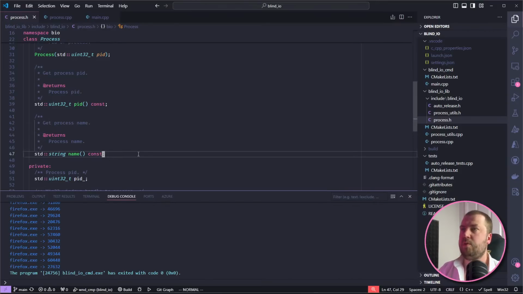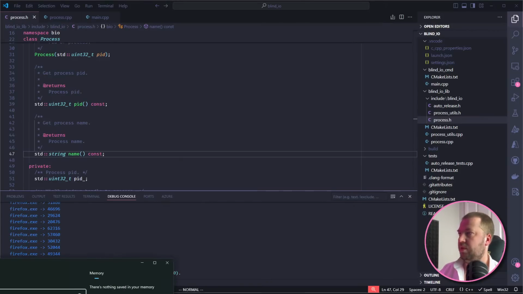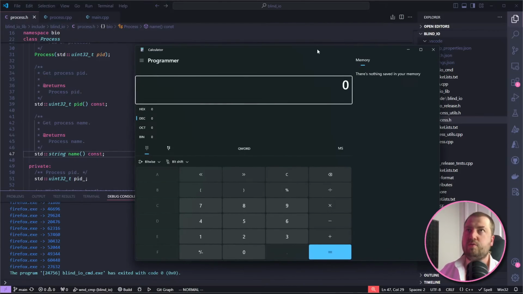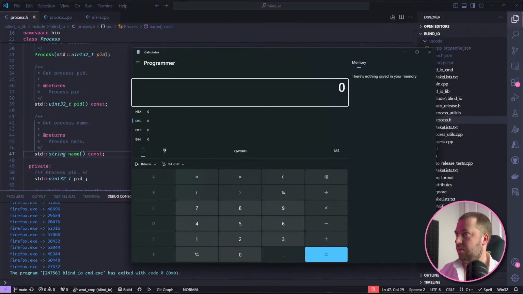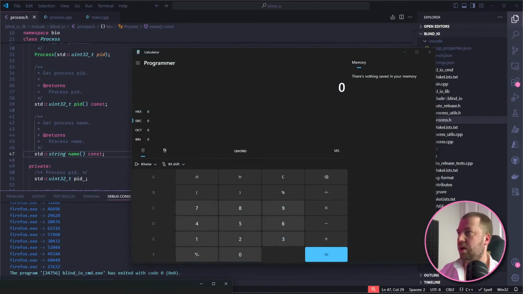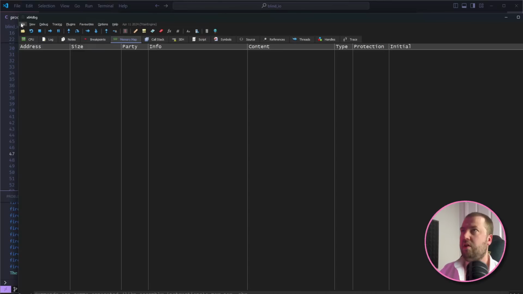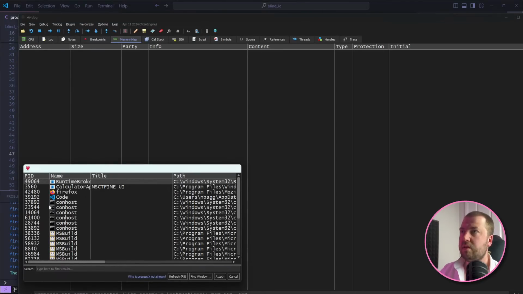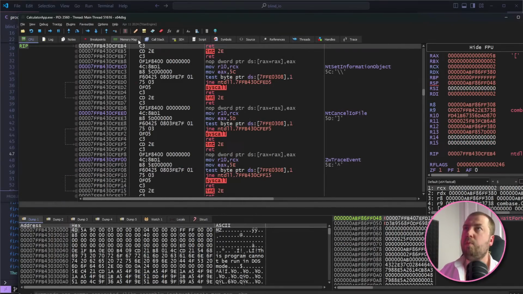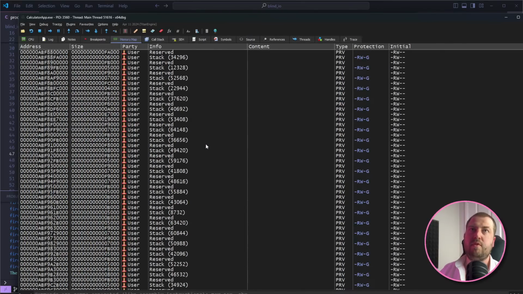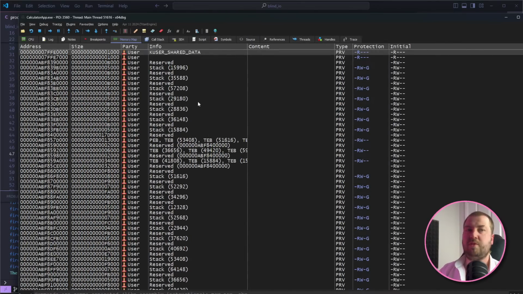But I think to start with, we just want to see what memory a process has allocated. I think there's a better way of describing what the outcome of today will be. So let's find an app, Humble Calculator. So this is a process. It is running on my computer, and if I bring up a debugger and attach it to that, this debugger will show me all the mapped memory regions. So this is what we want to get by the end of the stream.